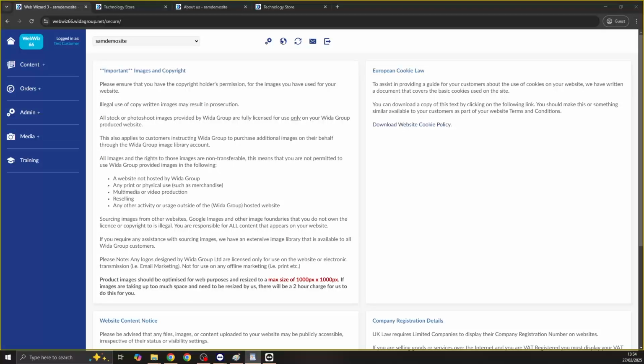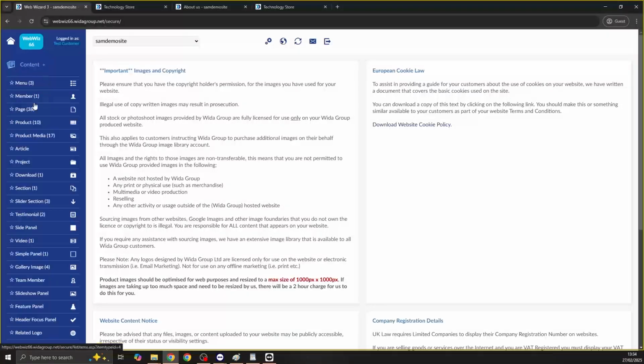Hi, in this video we're going to be covering item statuses, how you can tell what status an item is in and how this affects how the item appears. From any item list, for instance pages,